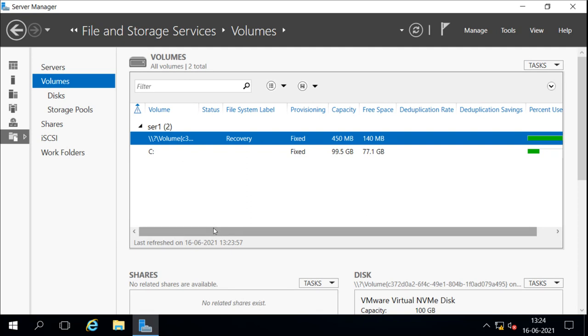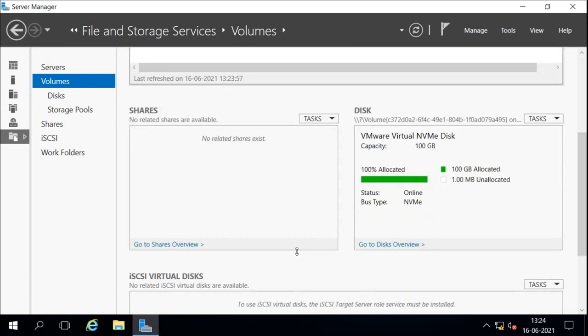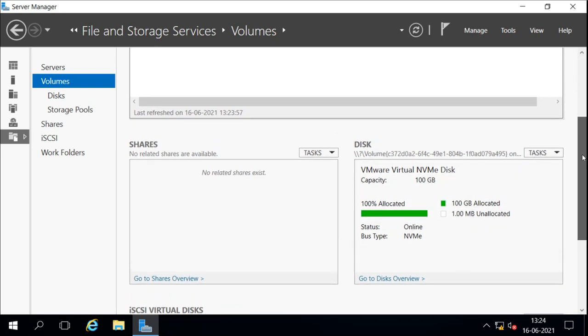We don't have any other hard disk. These are fixed, then the capacity of that volume, and the free space available. And if you go down here, you can see which disk the volume is created under. You can see the disk option available here also. So when you select any volume,